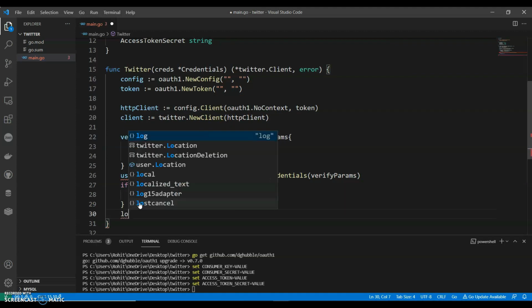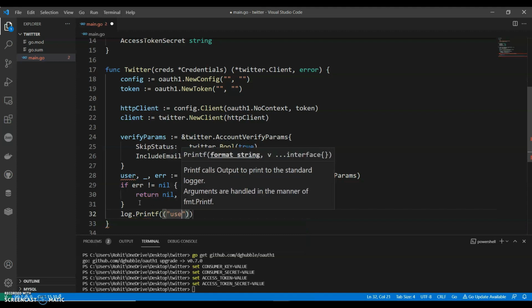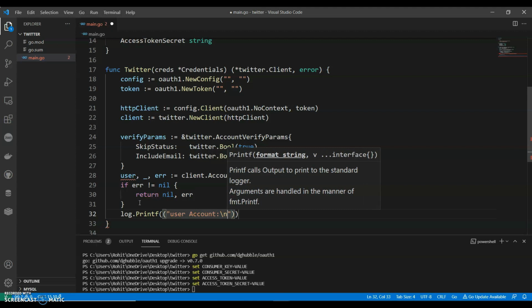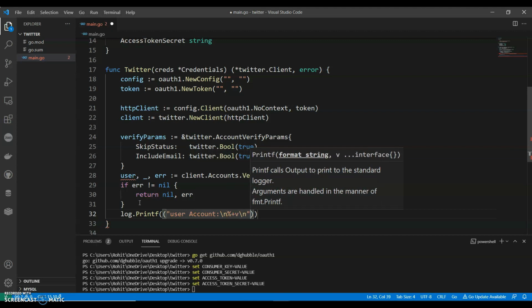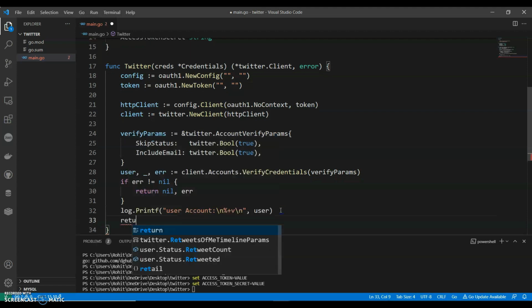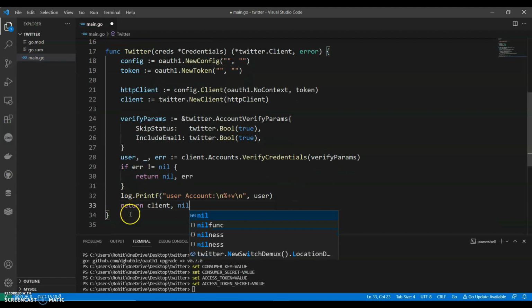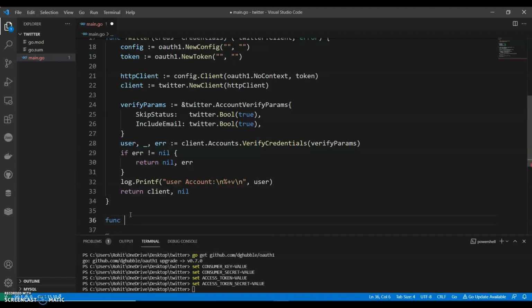We can say log.Printf user's account, comma user. Okay, and return client. Now we can have our main function.